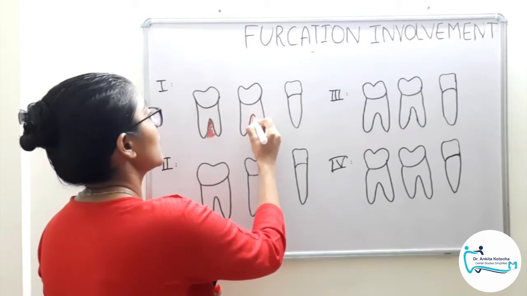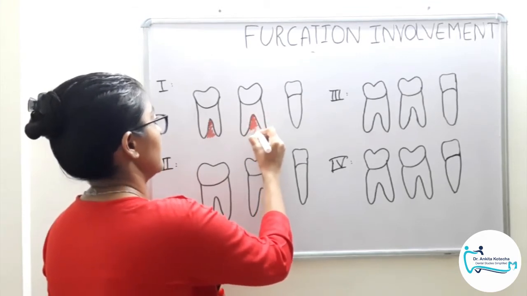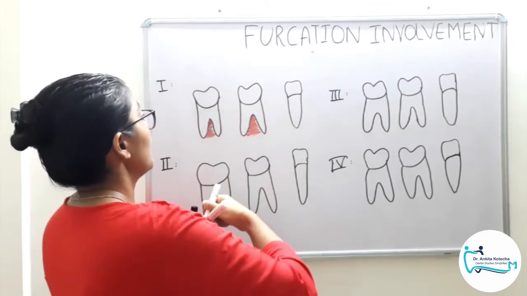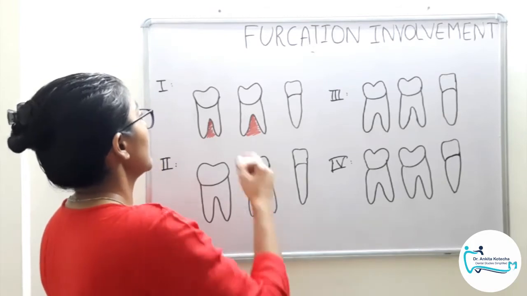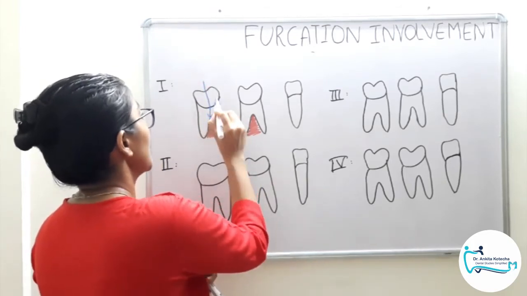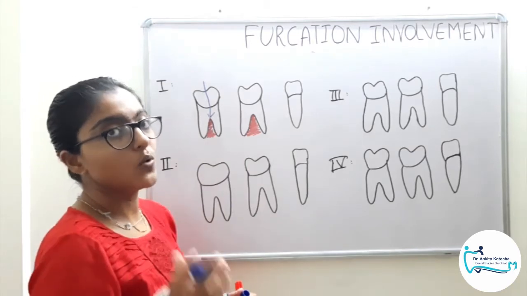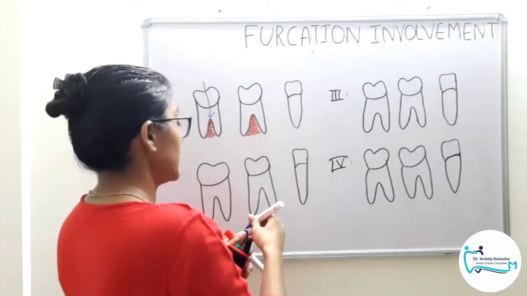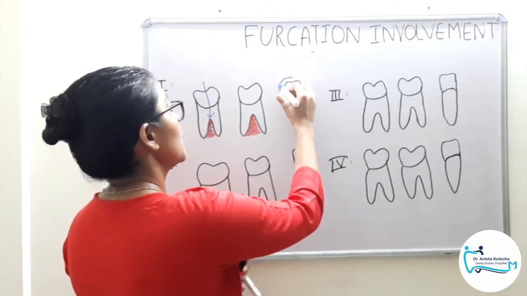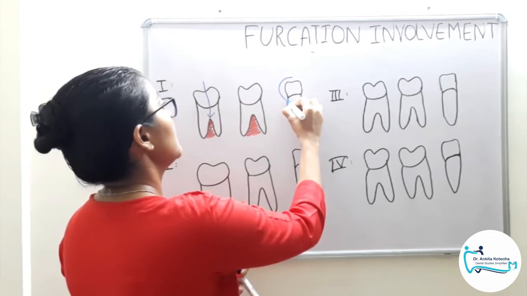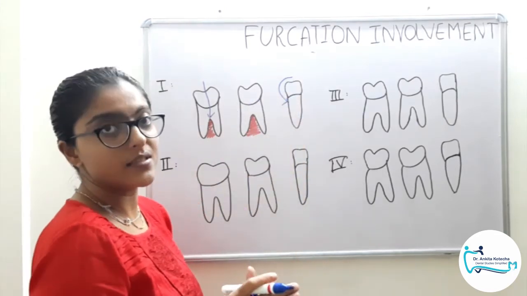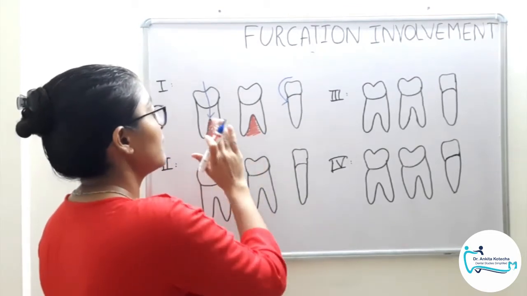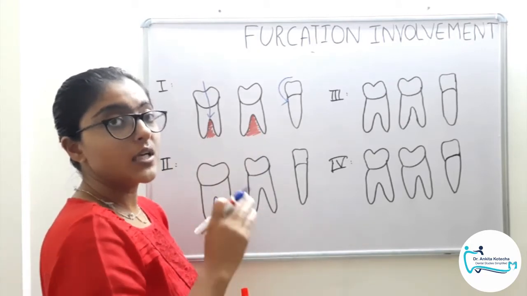And hence on the radiograph no findings as such, because the interradicular bone is intact. We have only soft tissue component in grade 1, that is a suprabony pocket approaching the furcation opening but not involved with bone loss. Clear? This is grade 1, and hence when we insert our Nabers probe, it will reach only the entrance, will not be able to enter it because there is no bone loss in the interradicular region. This is the clinical finding and radiographic finding of grade 1.